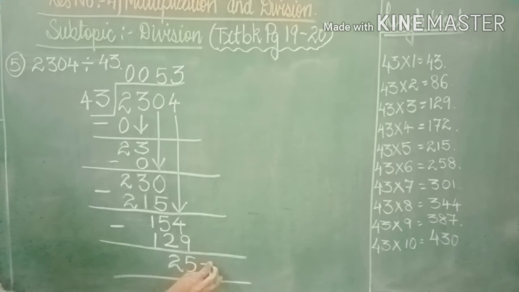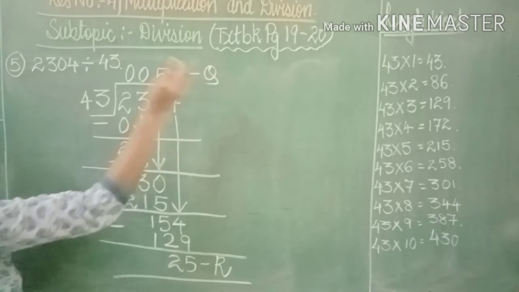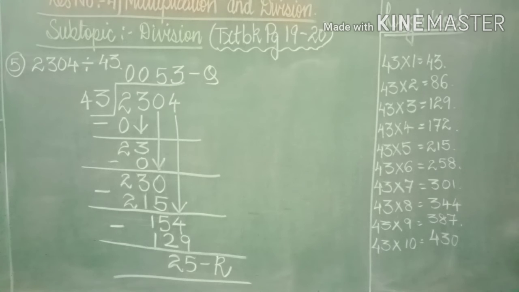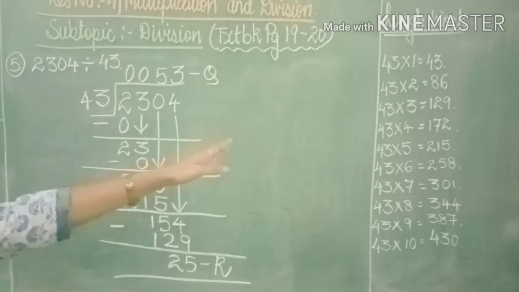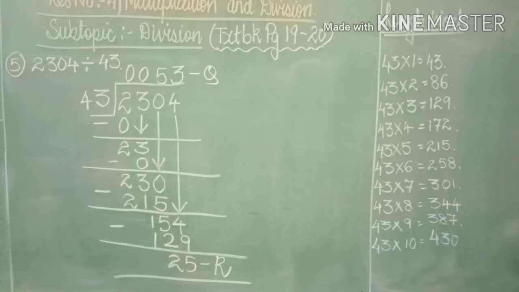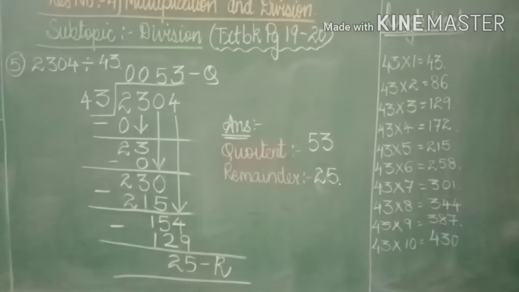So we will be writing over here R, which is called as remainder. We will be writing here Q, which is called as quotient. But in the form of the answer we have to write quotient and remainder, which I will be writing over here. As you can see, my dear students, I have written the answer, quotient 53, remainder 25. Now let's complete the last one, that is the sixth one,